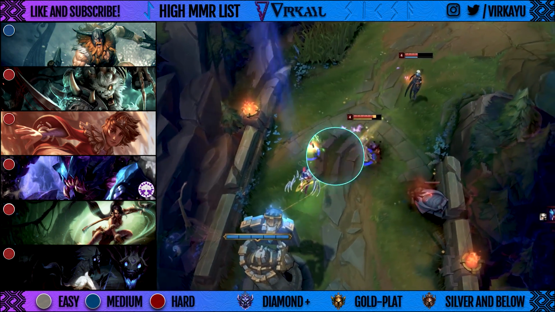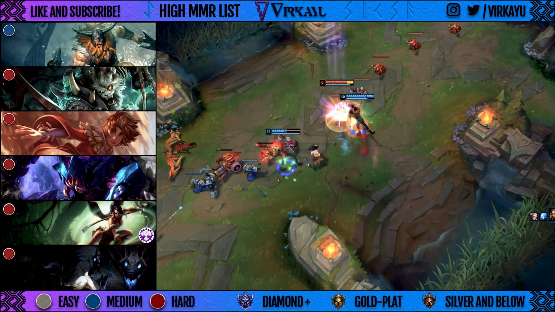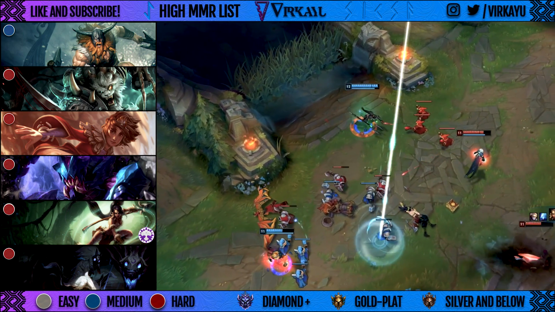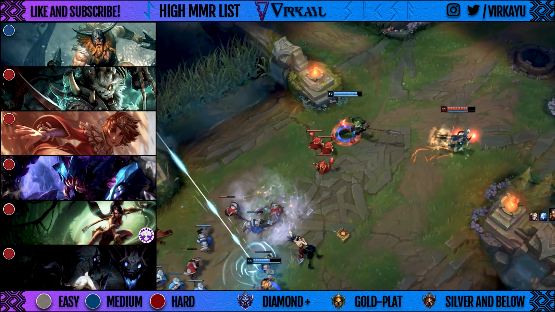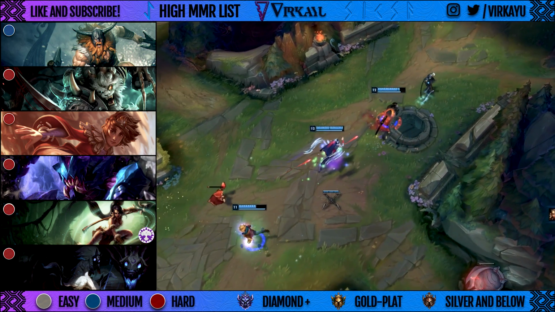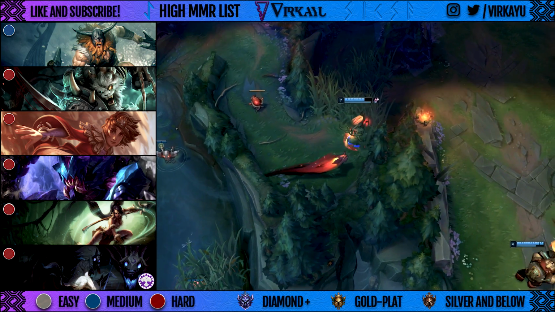Nidalee, same thing, don't need to talk about her. Six abilities, skill shots, heavy early game focus. Great for Challenger players where they know what early game actually is and how to finish on it, at least most of the time. And Kindred, the Scuttle changes did make a difference, let's not kid ourselves,